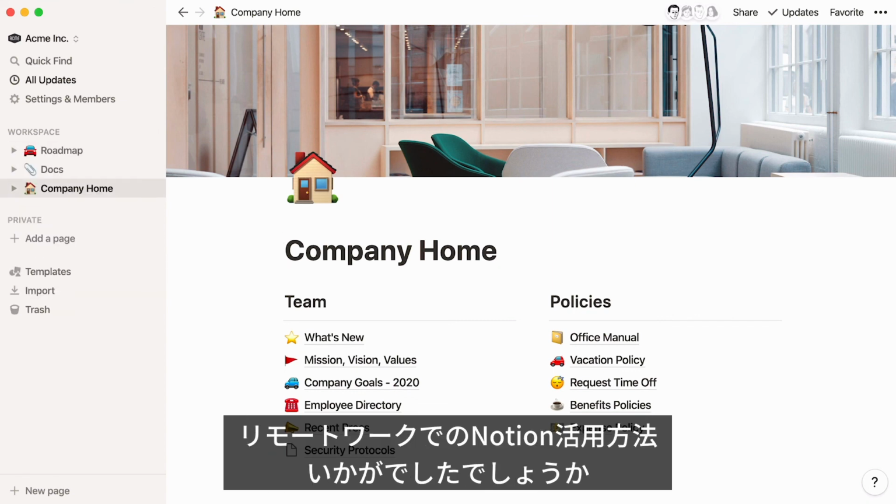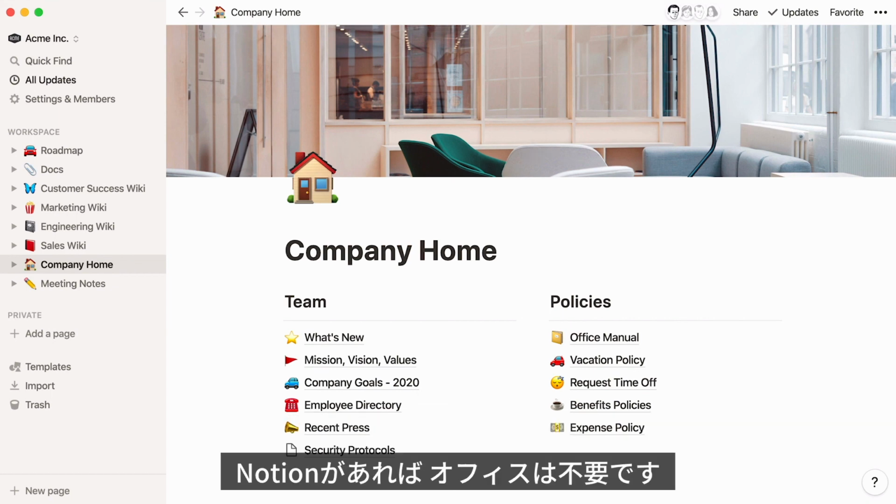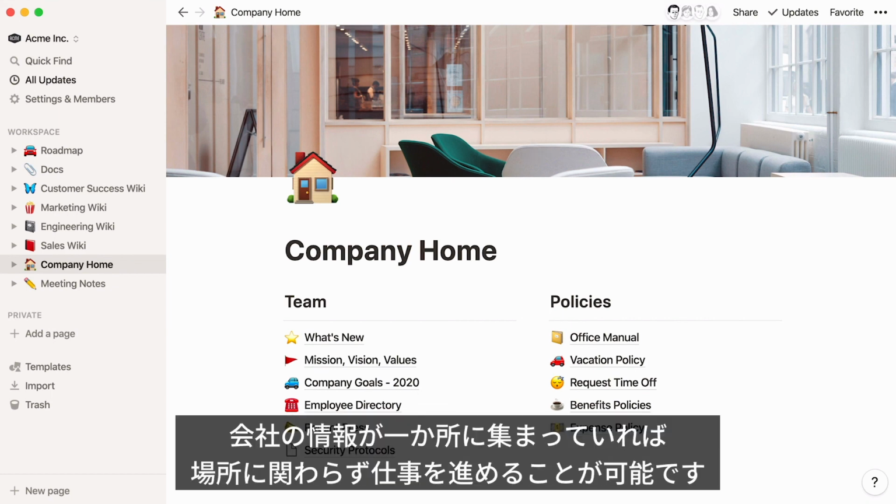In this video, I showed you how to quickly create a workspace designed to accelerate remote work. With Notion, you don't have to share an office to get work done. With one central place for all your team's notes, docs, and projects, you can get more done together no matter